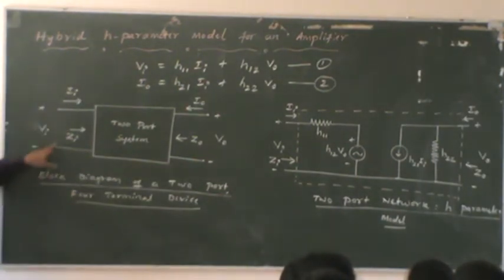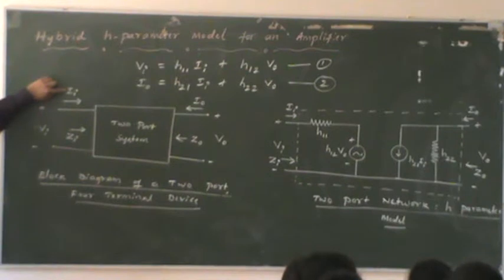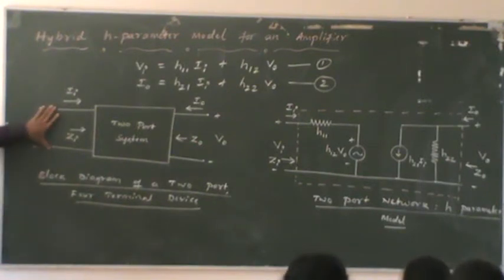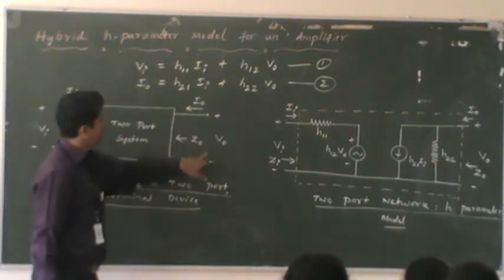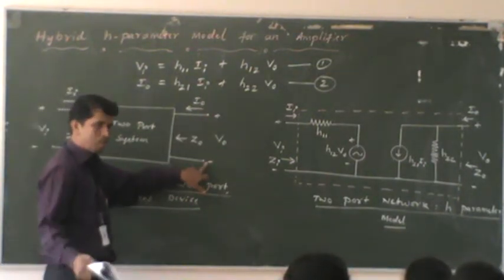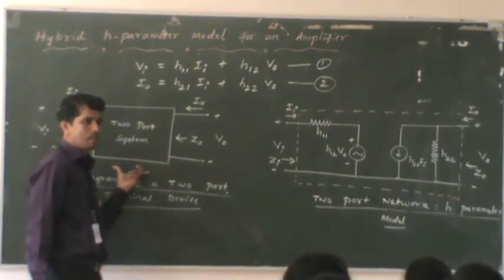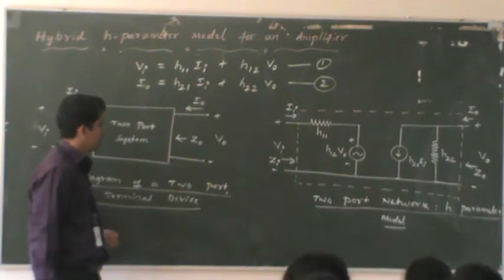You can see that one of them is the input port, where VA is the input voltage, and for that, the resulting current is IA. So you apply signals across these two points, the port. A port is nothing but a point where you apply signals, and you can even measure signals. This is called the input port because you are going to apply signals at these two particular points, and these other two points are called the output port, where you measure the signals coming out. There is some circuit inside this. We will not worry about what circuit is inside this.